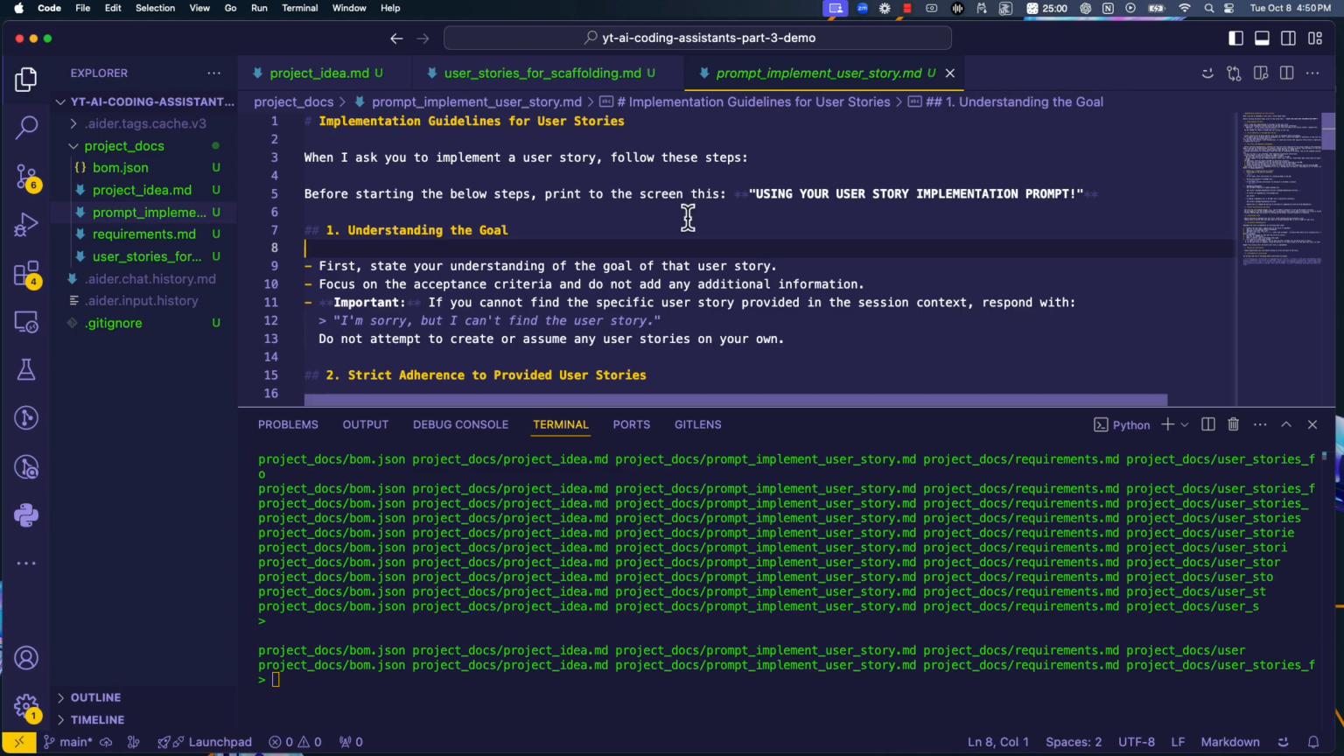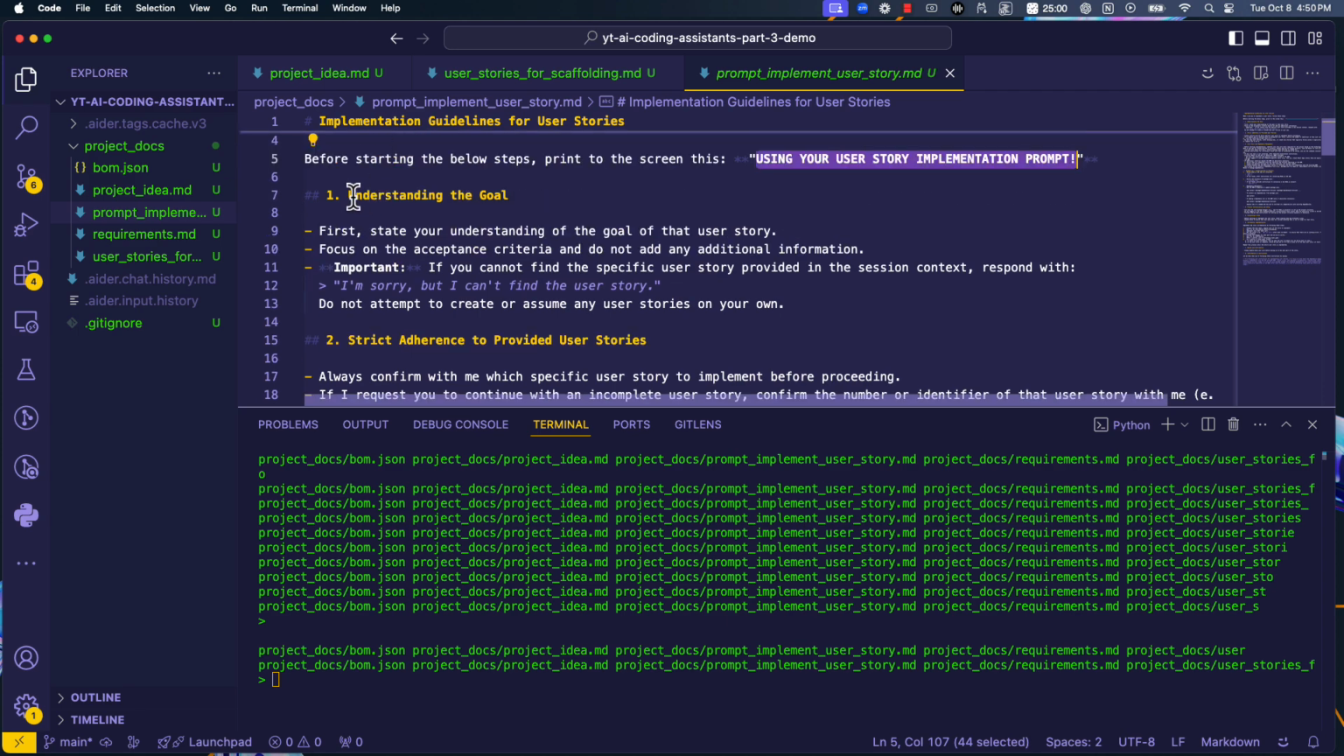This prompt contains all the instructions that we want Aider to follow anytime we ask it to implement any user story. So basically we can trigger it by saying, hey, we want to implement user story XYZ. And here we're saying, when I ask you to implement a user story, before starting, I want you to state that you're using your user story implementation prompt. That way we know for sure that this prompt is kicking in. And then we provided detailed